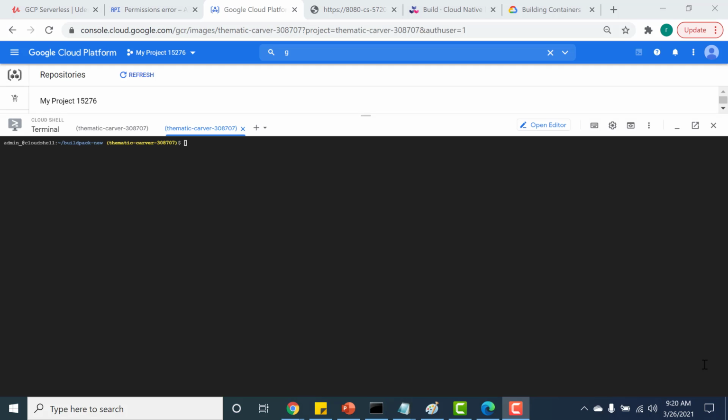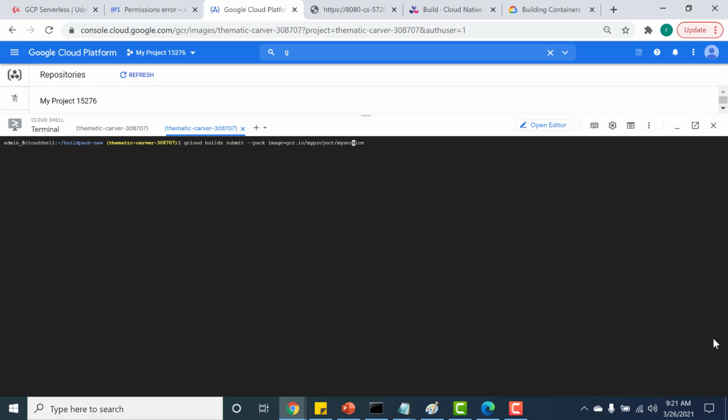Now that you've created your image in your local environment, let's do the same using the gcloud command and upload it to the cloud registry. To create an image using buildpacks, you need to use the gcloud builds submit command with the pack parameter. So this is the particular command: gcloud builds submit --pack, and here you need to give the image.